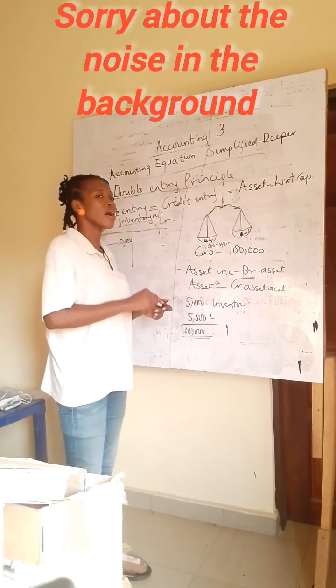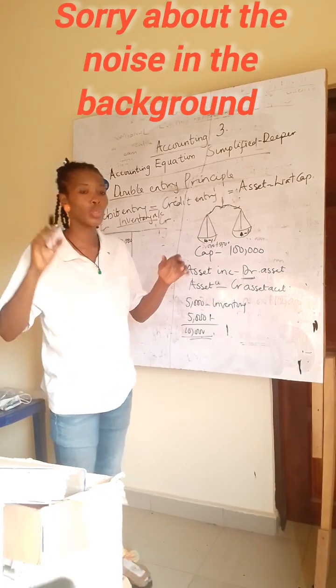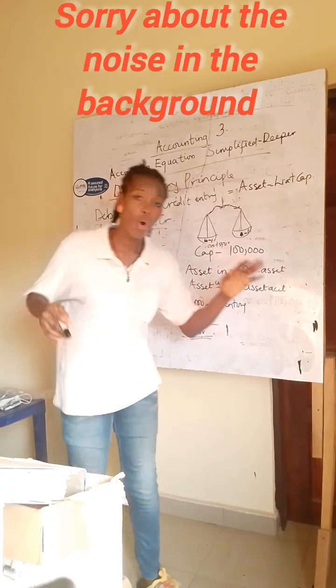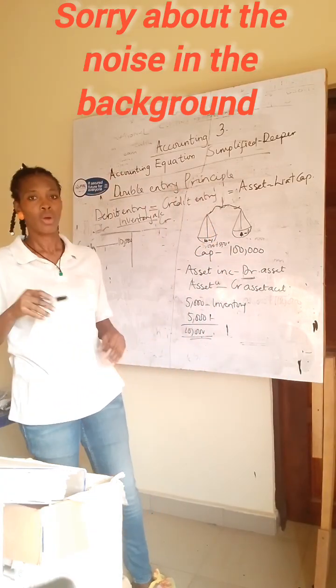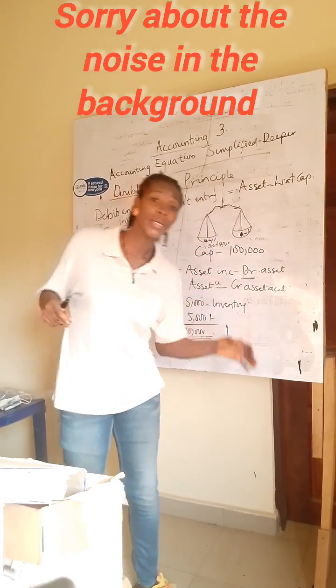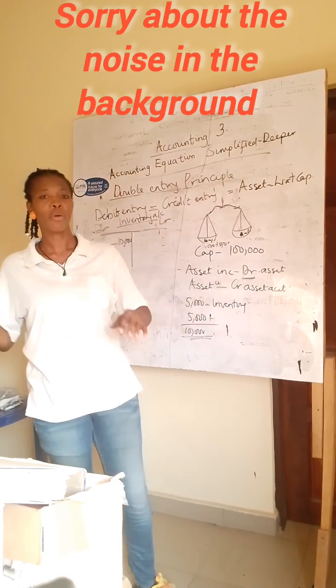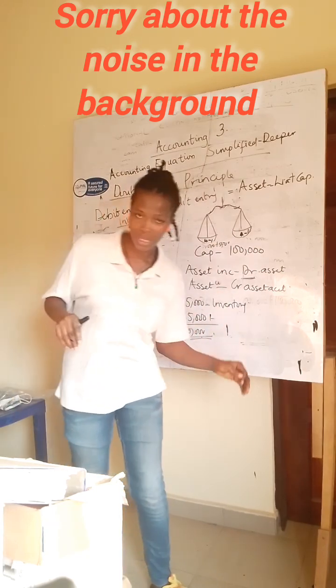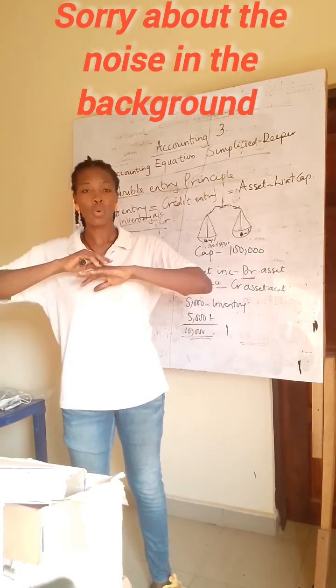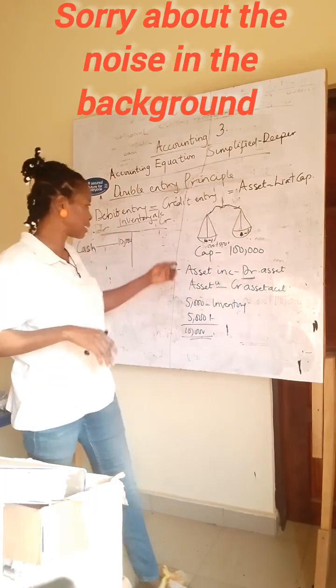naira, because everything that happens in accounting affects two sides. One will go up and one will go down. When I say up, I mean one will increase and the other will decrease. And because it must balance, one must increase, the other will decrease. That is the only way for the account to balance. Like in this case now,